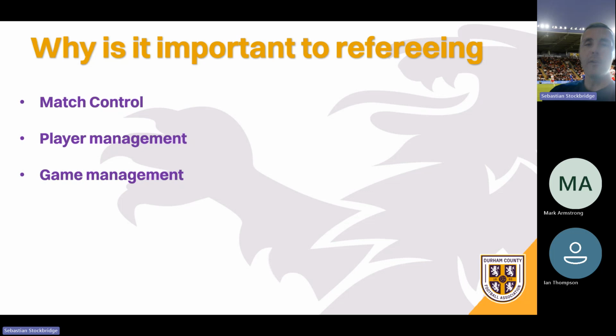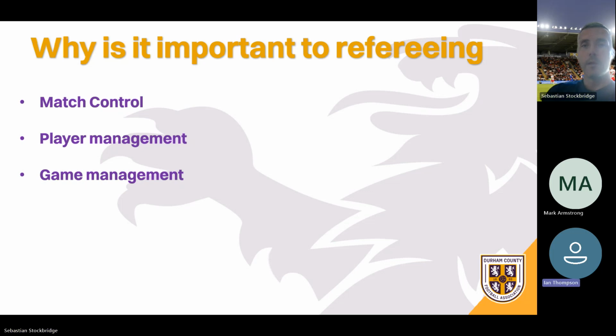Players are a bit more on edge. They're running around with a bit more speed and aggression. So we need to think about that foul that we didn't give in the first 10 minutes because we were quite happy that was just normal contact. All of a sudden, that normal contact might become just enough to be foul contact. And you can see where we're bringing that context into that moment in the game.